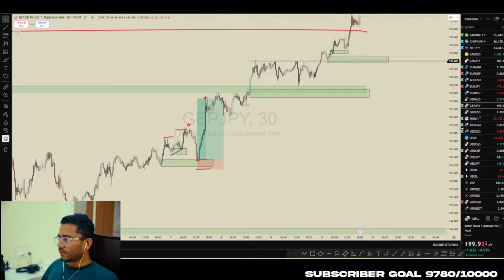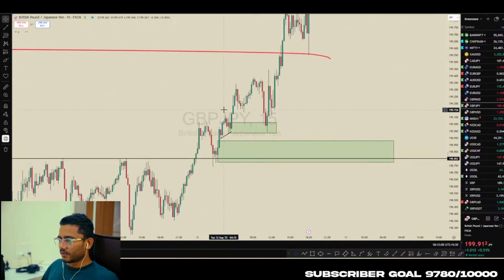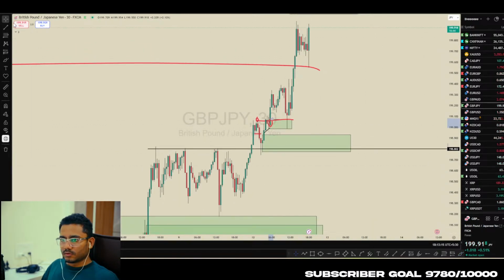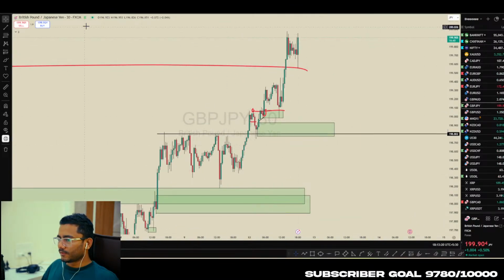If you look at GJ, the same thing happened, but here we had this order block. Price took out the previous low. We had this structure which is aligning with our order block. So this type of structure works good on GU, like here.